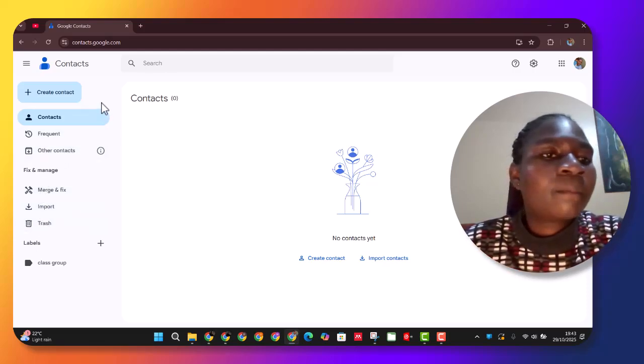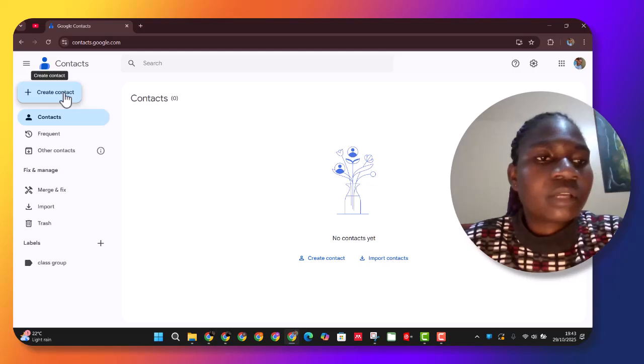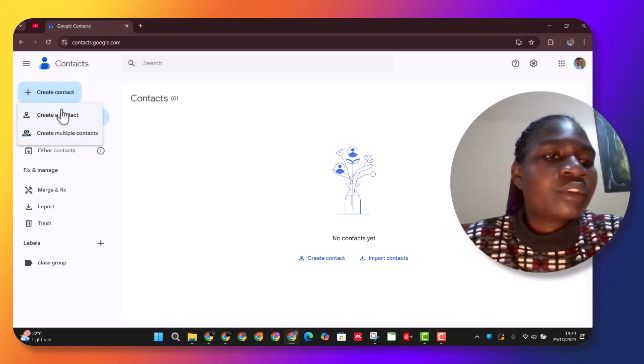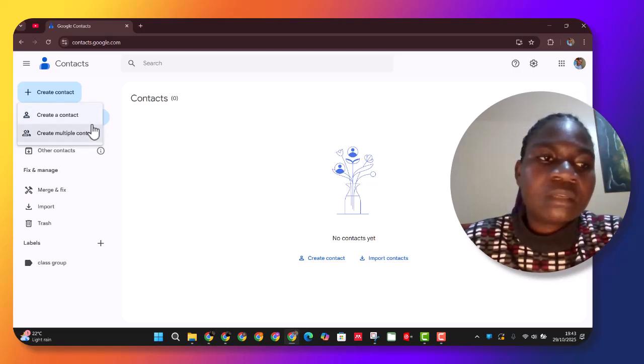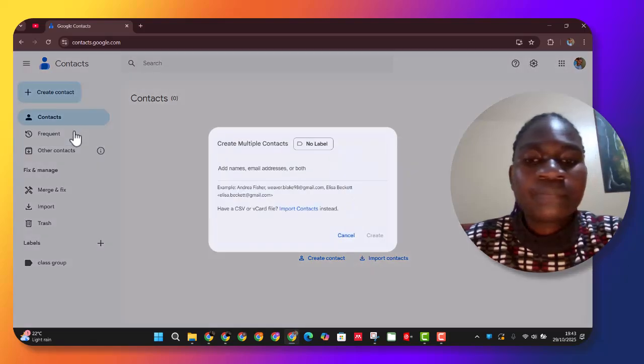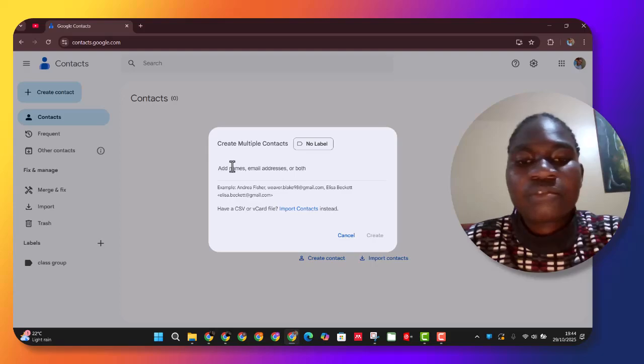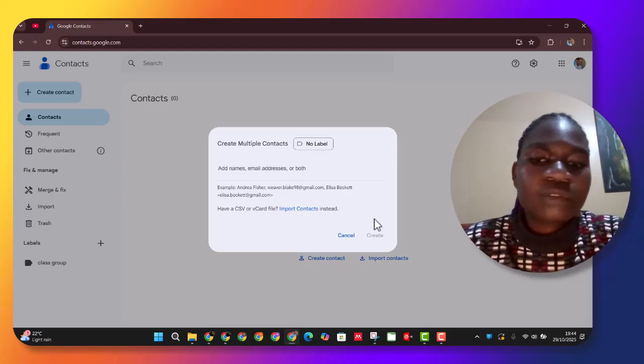Now, if you want to create your contacts, come here and click create contact, or you can create multiple contacts. If you want to create multiple contacts, you click on it. Here you put the name, you put the emails, and then you create. But if you don't want to create